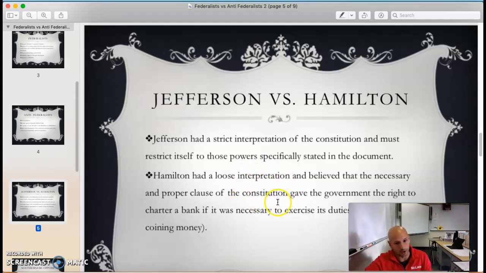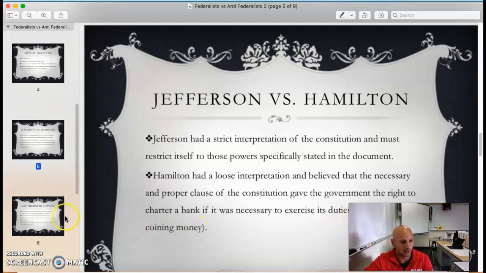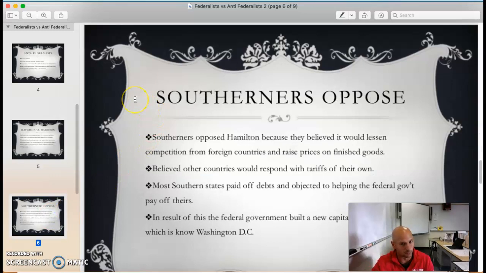So the Necessary and Proper Clause. Like I said, the Constitution gave the government the right to charter a bank. It was necessary to exercise its duties, in this case, coining money and collecting taxes. Southerners are really going to oppose this idea of a stronger federal government because